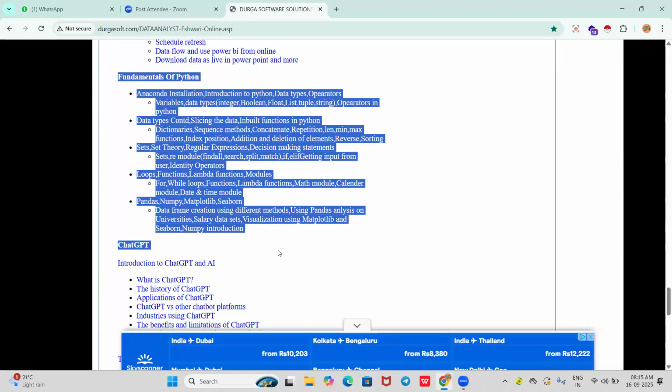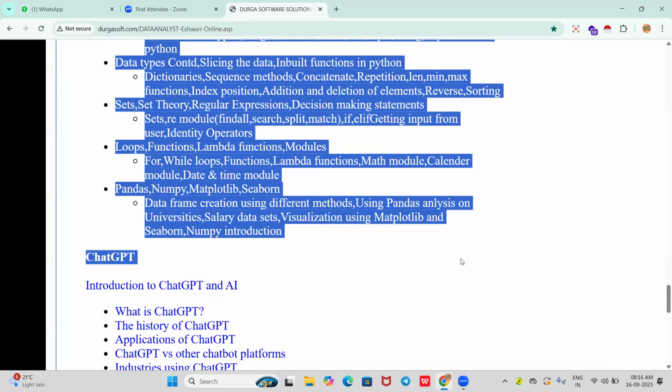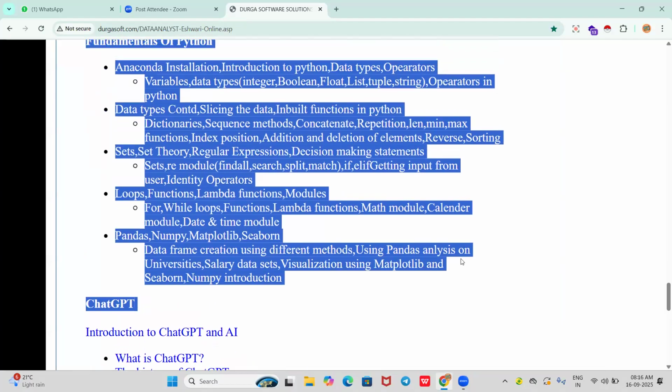So this is Python. Many of you may be from a non-technical background. Here you'll have Power BI, which is a normal visualization tool. When coming to Python, it is a tool which helps us analyze the data and interpret the data with the help of libraries called pandas, numpy, matplotlib and seaborn, right? These libraries help us in framing the data, and also in visualization, right? So these are the core benefits to learn that.